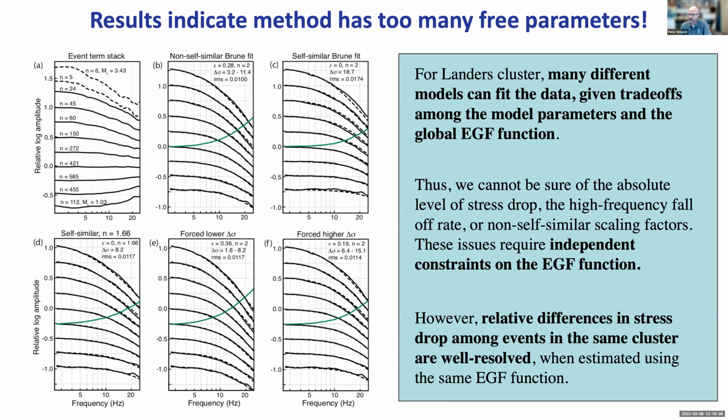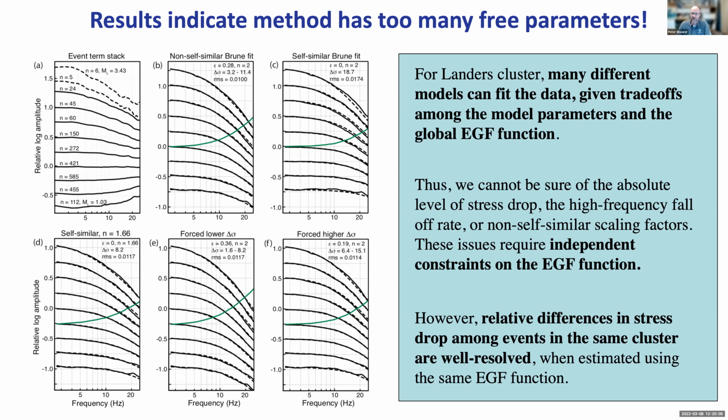And what we found is that it's actually not very well constrained, because when you allow to change the EGF function shown in green, but you also allow the scaling to change, in other words, you allow the stress drop to change